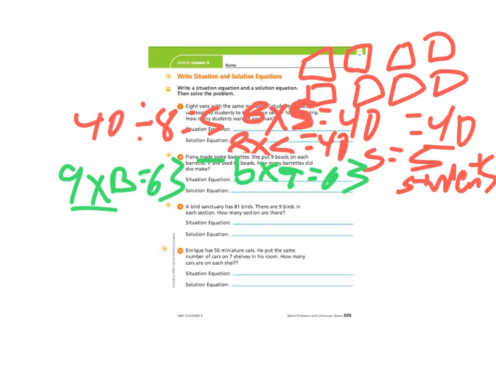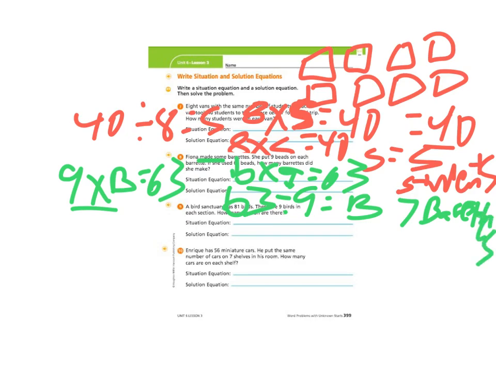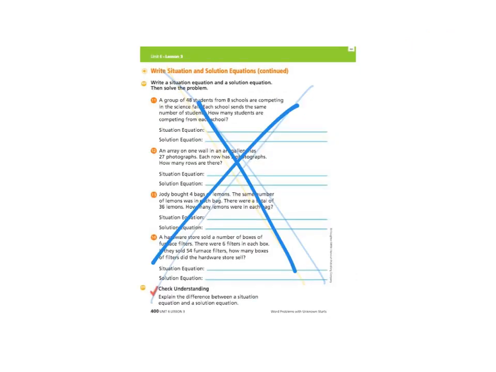And I could solve it just with that unknown, trying to solve for B and just knowing my basic facts for multiplication, or I could do 63 divided by 9 equals B. Either way, I know 9 times 7 is 63, so 7 barrettes. B-A-R-R-E-T-T-E-S. Sorry, my writing gets sloppy on this. Alright, so not too bad. A lot of good thinking. Have fun. We're going to skip this last one, just because I don't think we need